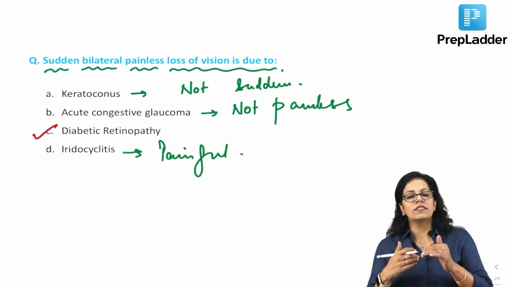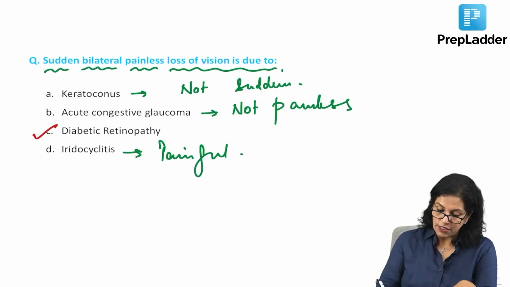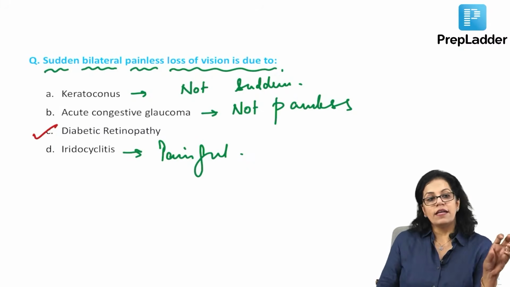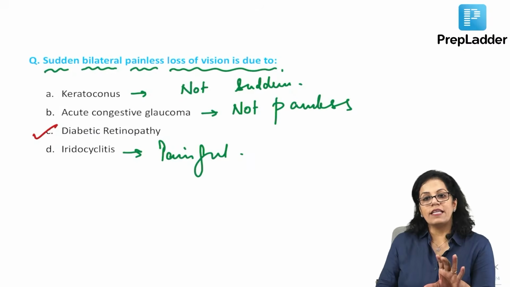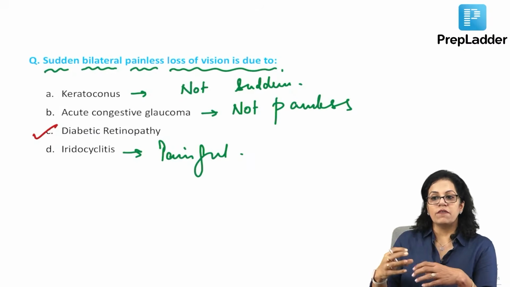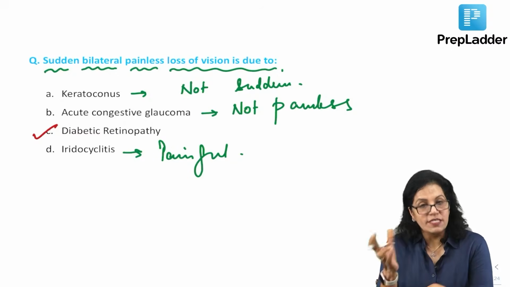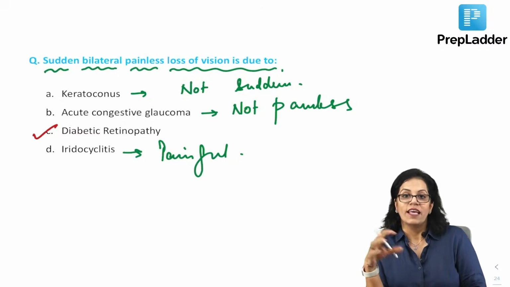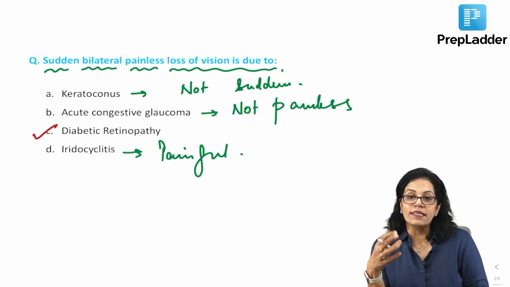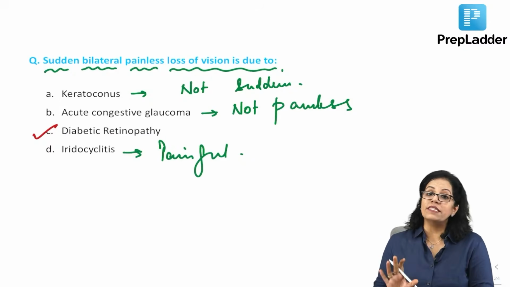Had it not been sudden, what could be the main cause of progressive loss? This has also been your exam question from the same exam, that a progressive loss of vision in a diabetic patient is due to, and among the options that were given, there was diabetic cataract. So, please do not forget, we do not always have to think about retinopathy in a diabetic patient. He may be having some diabetic cataract, and that is also a reason for diminution of vision. But again, that cannot be sudden.